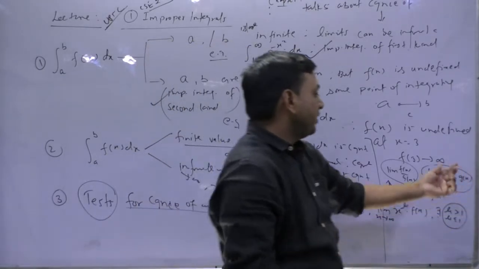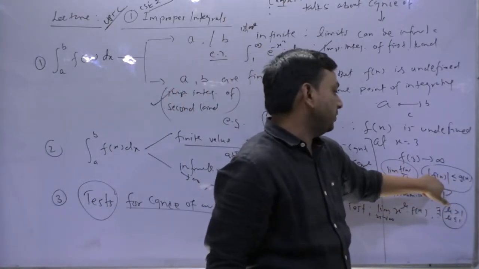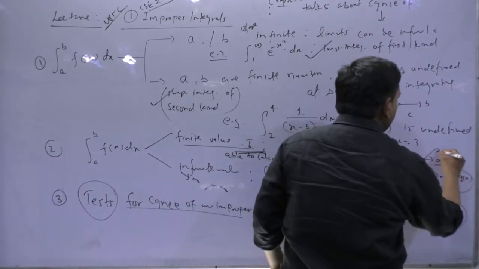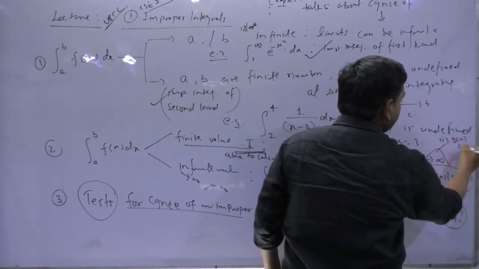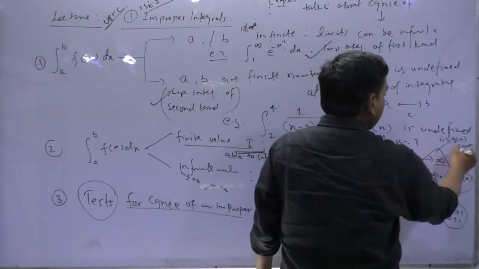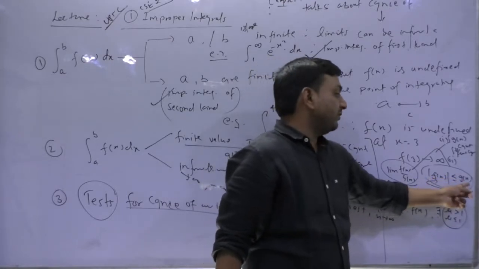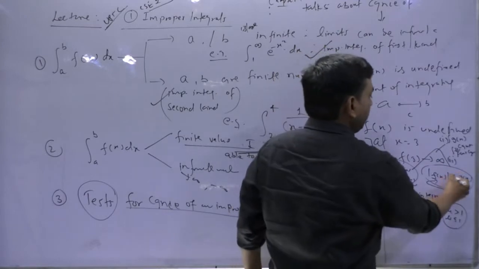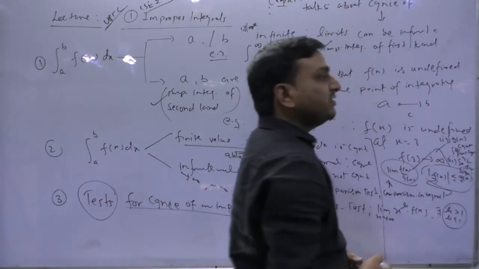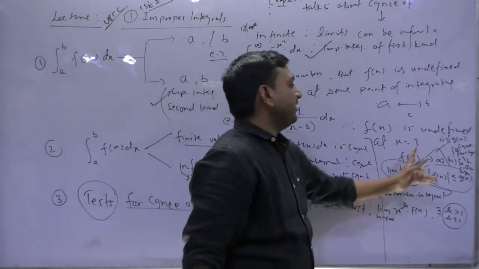So, one thing tell me: if this g(x) integral is convergent, then obviously f(x), which is less than or equal to g(x), will be convergent. So here we need to have two cases. Case 1: convergence of g(x) implies convergence of the integral a to b f(x) dx. Case 2: if the smaller one is divergent, then the bigger one is obviously divergent. So if a to b f(x) dx diverges, then a to b g(x) dx will also diverge. Clear? Noticed or not? So the comparison test will be like this.